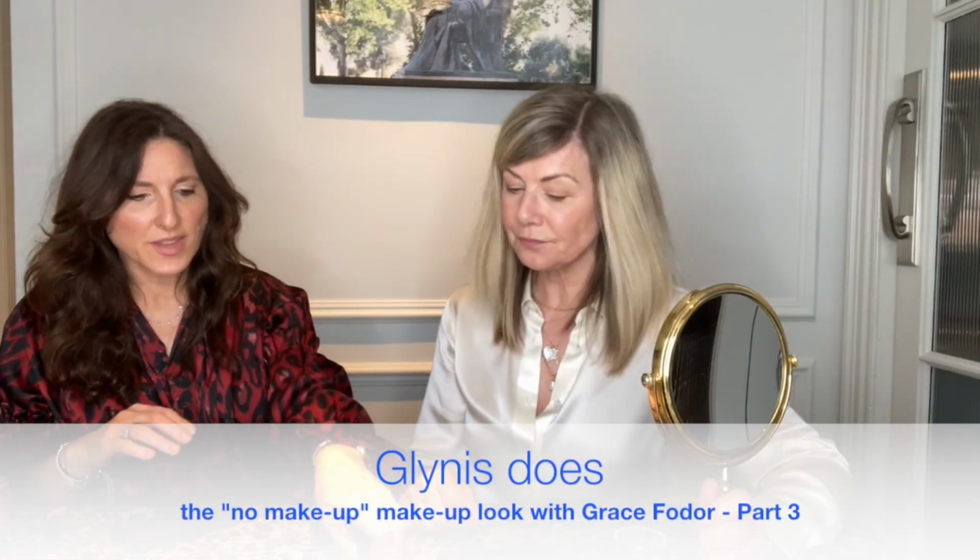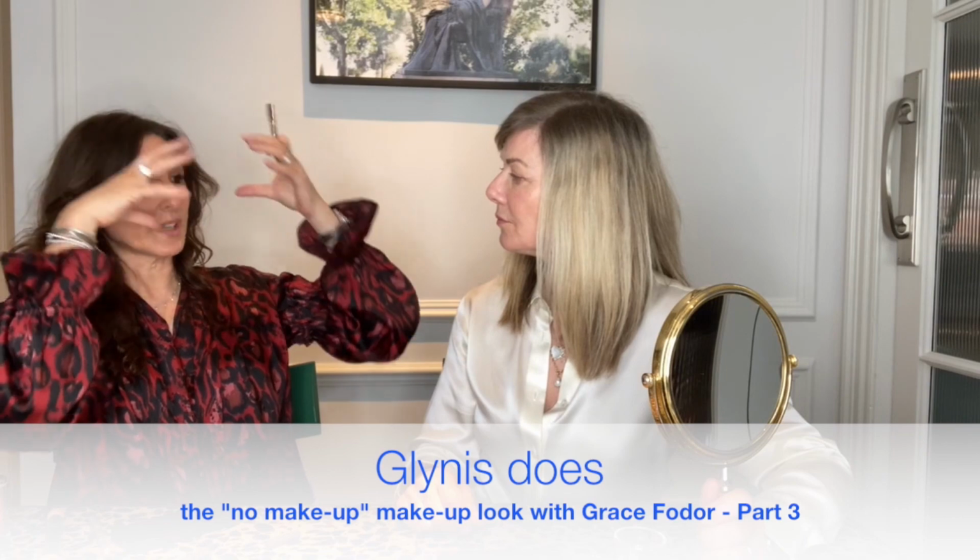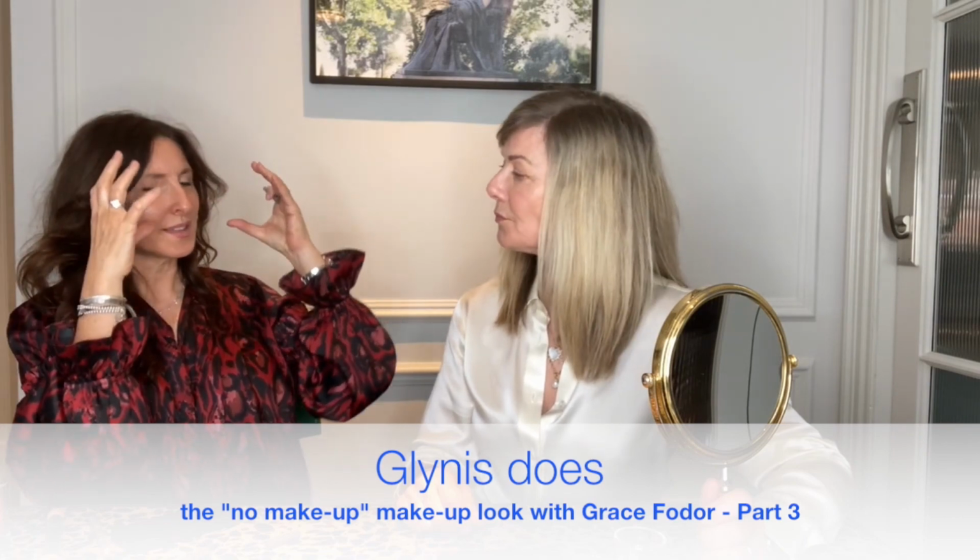Right. And then the next part, which is the final part, is where you create definition. They say brows frame the face. Actually, lips, giving your lips shape and definition, frames the bottom part of your face. So we focus so much on this part, but actually lips are really, really important, especially as you age,